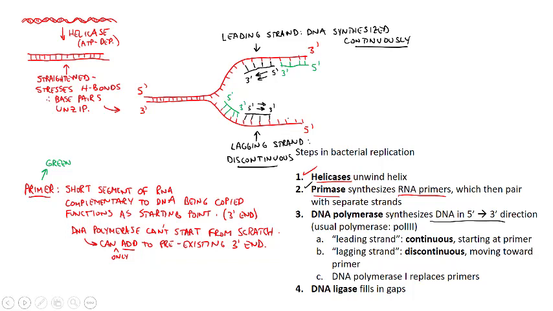So how does it actually work on the lagging strand? How it actually works is like this. The DNA will be synthesized up to a certain point, and then everything has to stop. And then the primase has to come in, lay down another primer, and then after that,